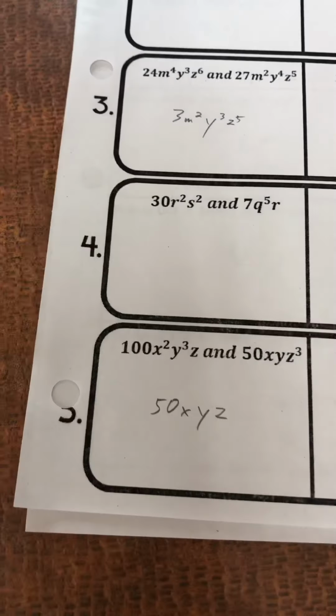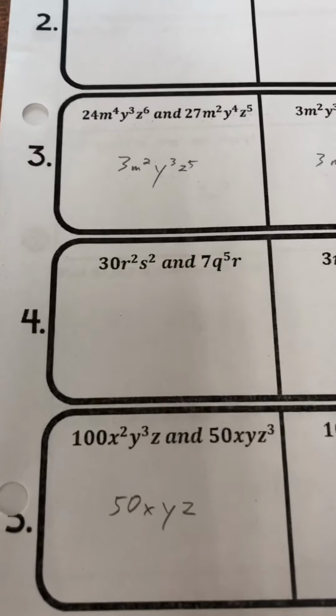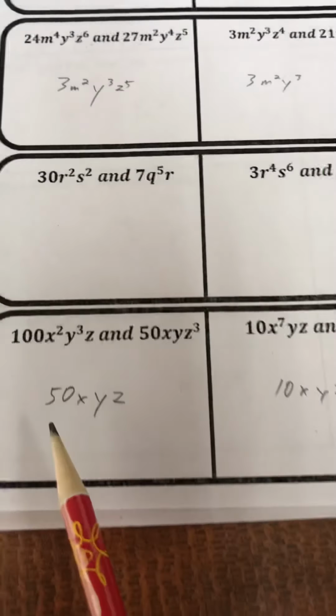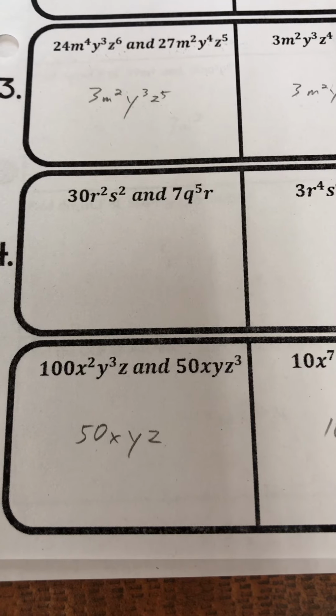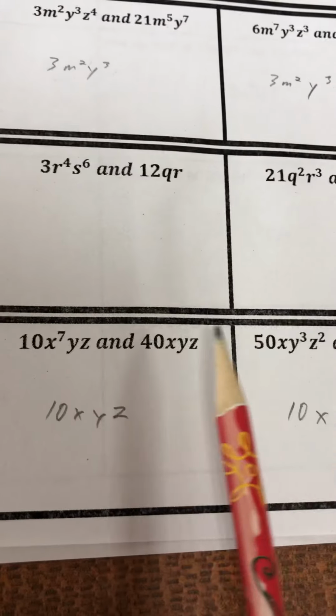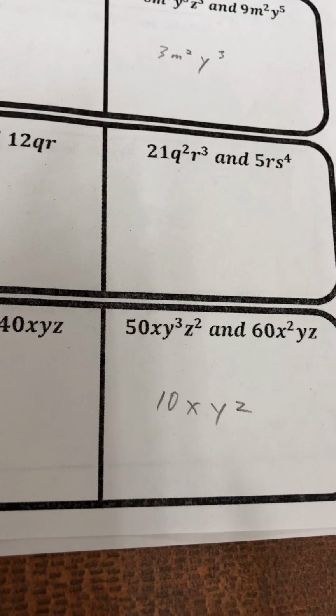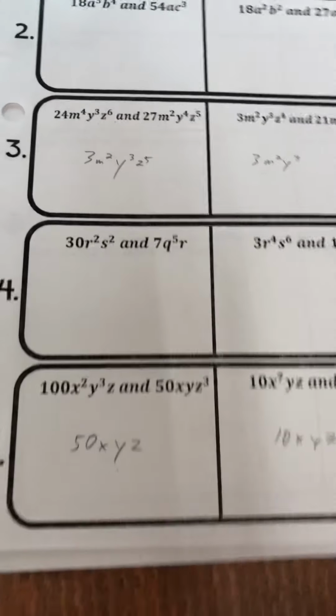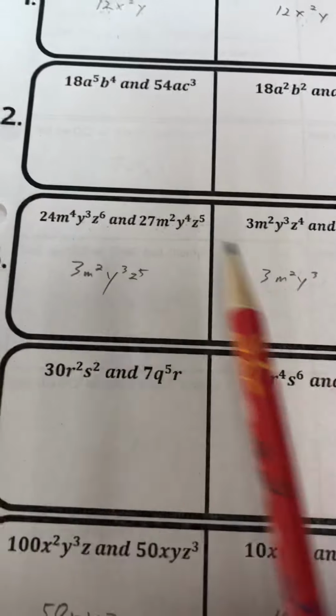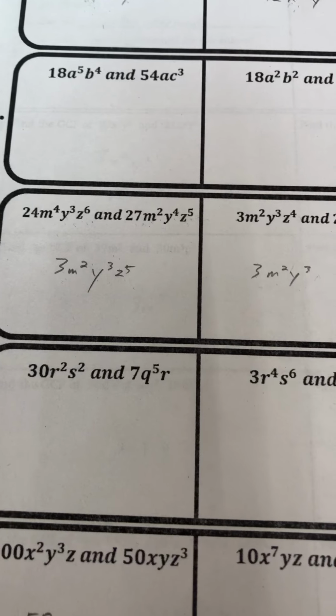Okay. Try 4 on your own. For number 5, I'm going to go with 10xyz. This is 10xyz and 10xyz. So the one that doesn't belong would be this one. And number 3, the one that doesn't belong would be that first one also,